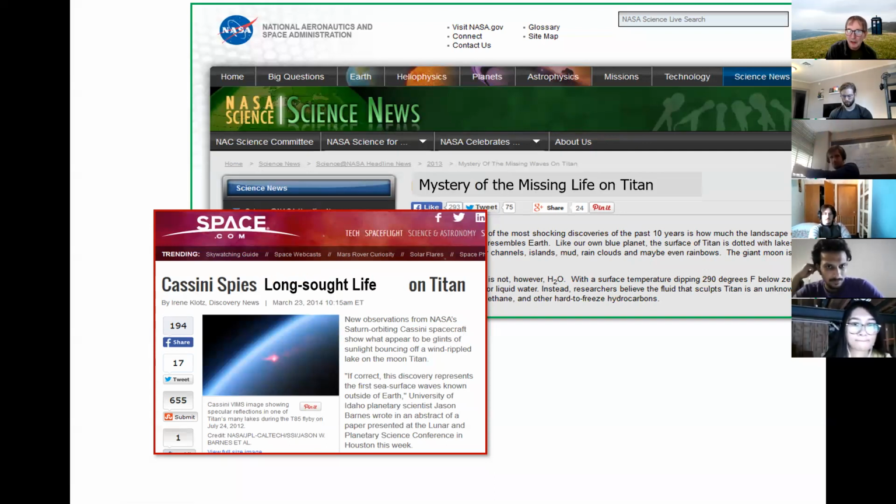Okay, here's a headline that you didn't see: "Mystery of the missing life on Titan." And you certainly didn't see this one: "Cassini spies the long-sought life on Titan." Okay, so why is one of these headlines a real thing and one of them a joke? Well, actually, this isn't quite a joke, because this mystery of the missing life on Titan, Cassini spies the long-sought